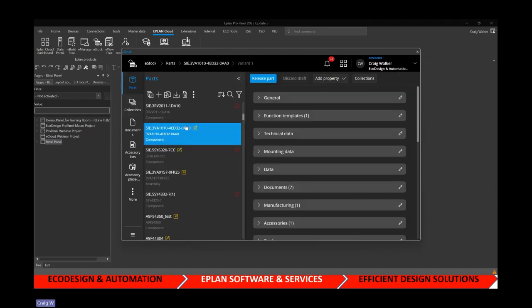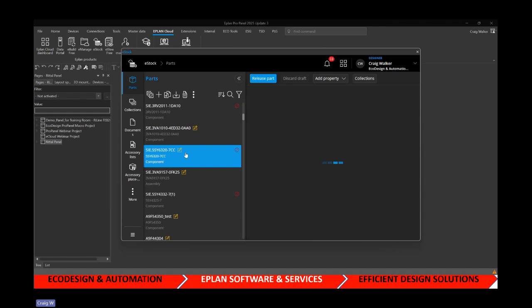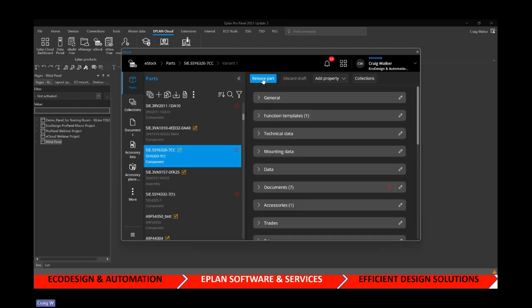When a part is put into parts or into a collection, there is the option to validate it or push it or release parts, sorry. So click on a part, I can then choose to release the part, and that will push it into the collection. To get parts into your parts database, into this list,